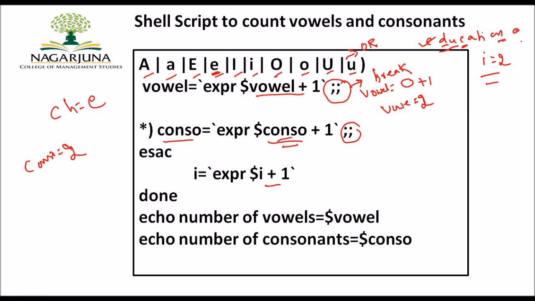So the length value is 9 and the last character is N. So we will be getting the output as, so how many vowels do we have? 1, 2, 3, 4 and 5. So 5 will be the number of vowels and 4 will be the number of consonants. To display the number of vowels and consonants, these are the two different statements which I have used, making use of an echo command that will print out the number of vowels as 5 and the number of consonants as 4. So that's the end of the session.